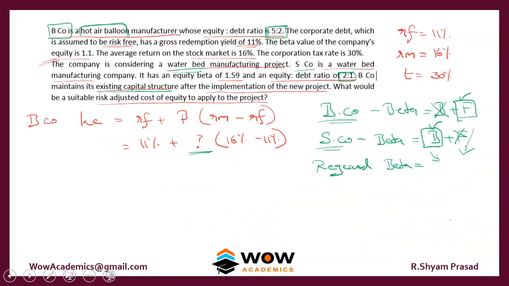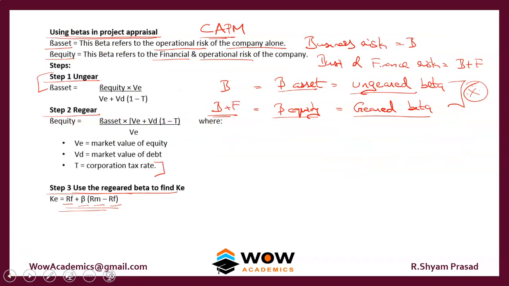It is a little lengthy problem. If you keep doing the problem again and again, you will get a better understanding of how it works. Once you have got the understanding, it's very quick to use. As advice for the formula steps, take it as ungearing, then regearing, then finding out the KE. But always try to use this formula itself for both the ungearing and the regearing. This formula which is given here, even though it is given in the textbook, is the same formula, but don't have two formulas in your mind. You will get confused. Just follow this formula and